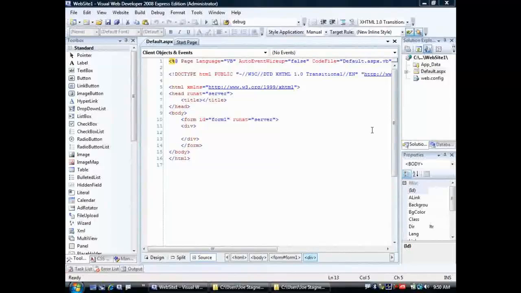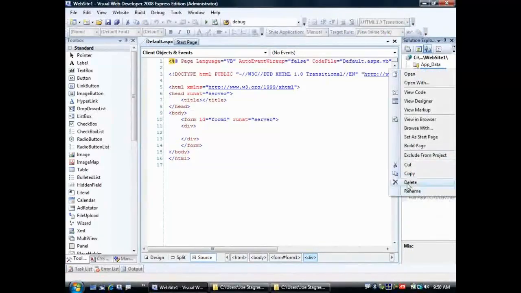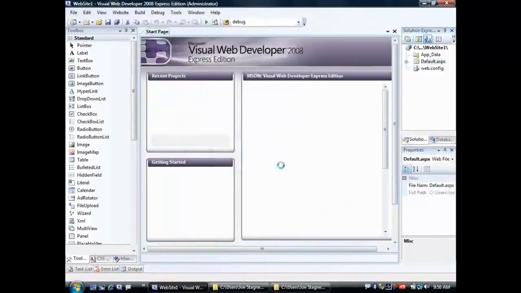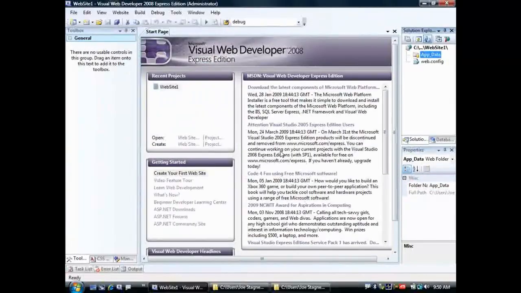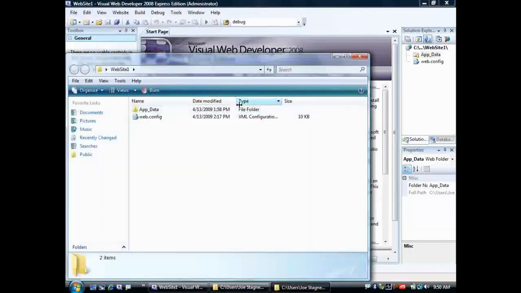So here we are in Visual Web Developer. We have an empty project, and I'm going to delete the default.aspx page because we're going to create master pages and then derive all of our ASPX pages from those master pages. Now the first thing that I want to do is, if we go back out to the